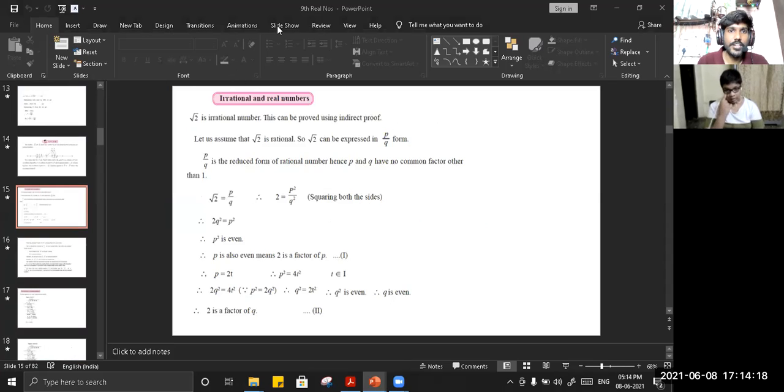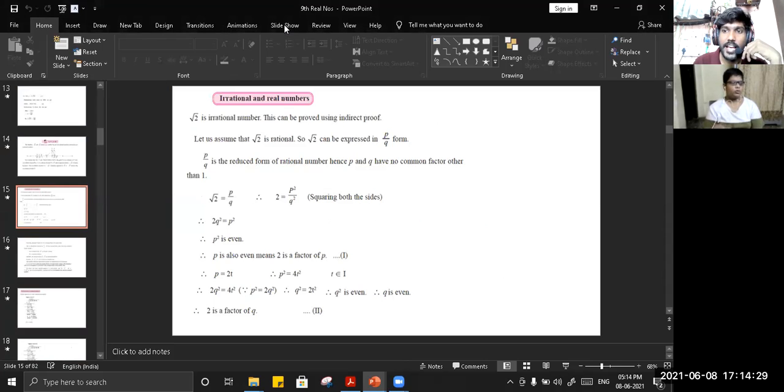Okay. And before finishing in our last class, I had showed you what an even number is, how an even number looks like. Can you tell me how an even number looks like? An even number is a multiple of 2. Yes, it's a multiple of 2.